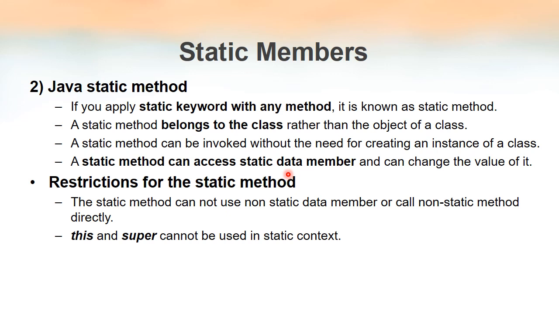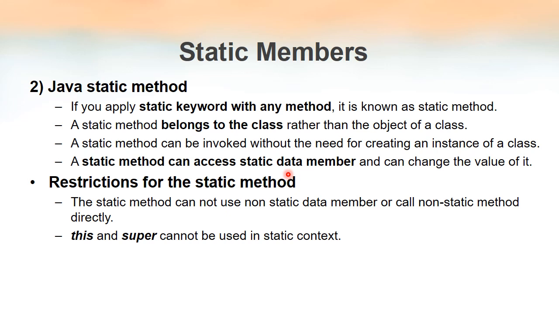So if we don't make the main method static, it won't be possible for the Java compiler to call that method. For that reason, we are compulsorily making the Java main method a static method. Okay, so now you know the meaning of each and every keyword in that public static void main line. So don't make any mistakes anymore.